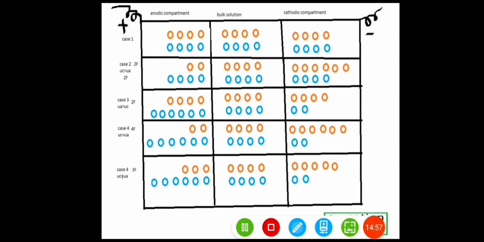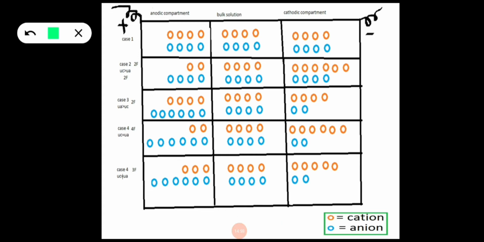Now the quantity of cation and anion deposited at their electrodes will be in their equivalent weights, the same equivalent weight. If we pass 1 Faraday, both will be deposited as one equivalent weight only. One equivalent weight of sodium and one equivalent weight of chlorine will be deposited, but that one equivalent will be converted to Cl2 gas.